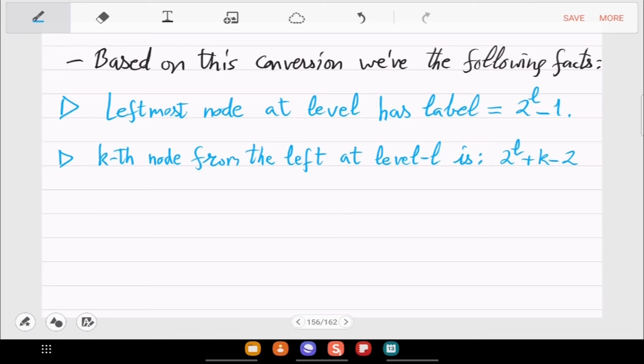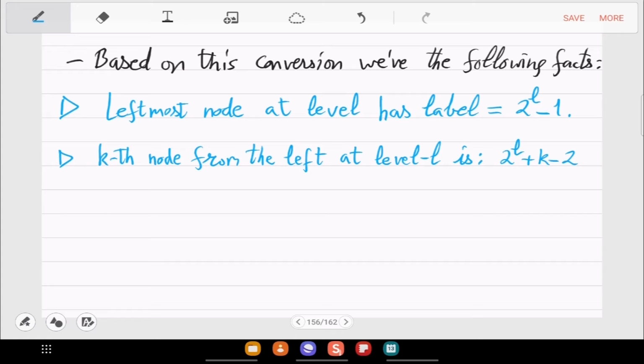Okay, so this is basically giving you the way to read an array as a tree, visualize a tree on the array. Right, so array is a linear representation, but you can make it two-dimensional by these formulas. So when you go to the index 2 raised to L plus k minus 2, then you will know that in the tree you should draw at level L the kth location, kth node.